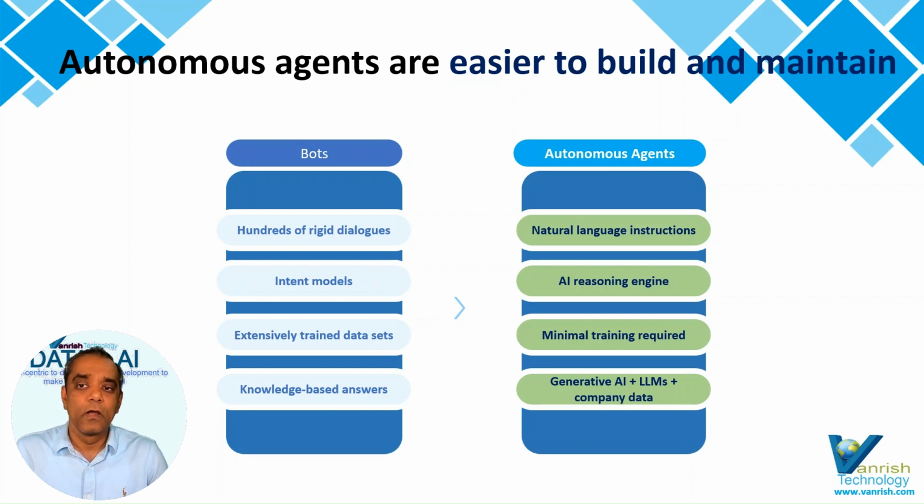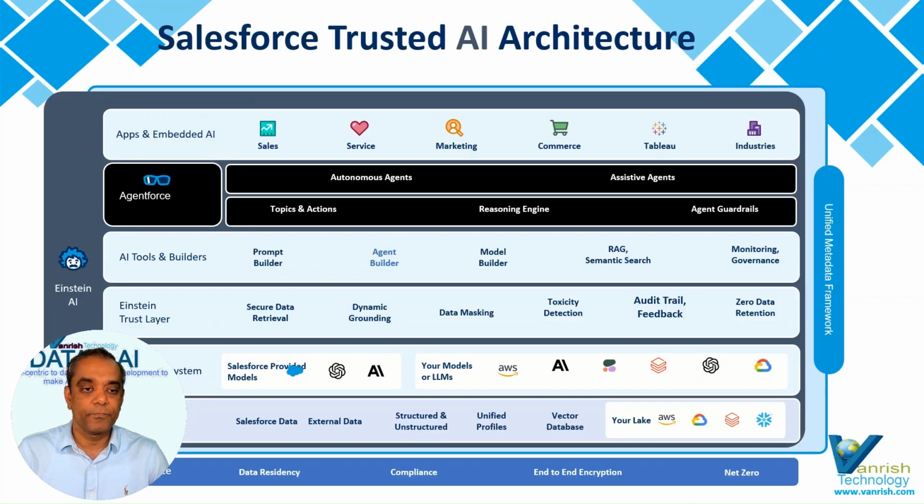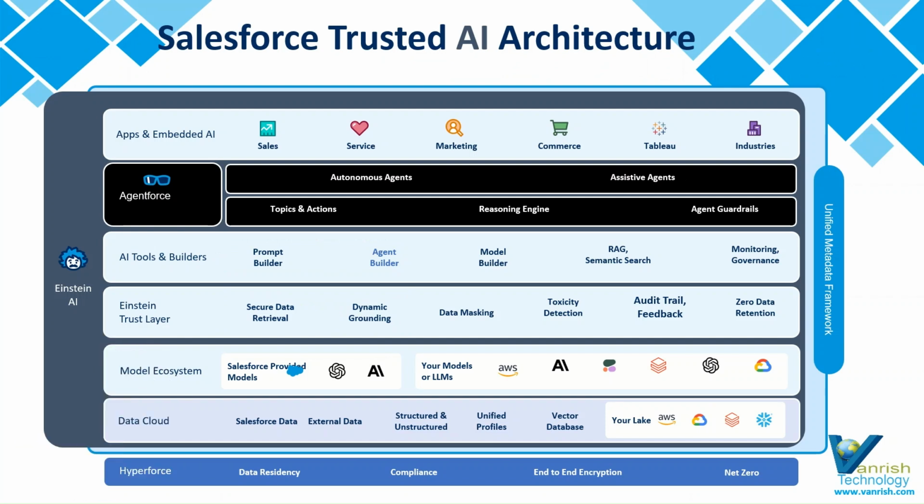Let's look at the AI architecture on the Salesforce side, and take a little deeper dive into the autonomous agent behind the scenes. Here I share the Salesforce Trusted AI architecture. It covers Agentforce as well as all the stacks working together with Salesforce and enabling your Agentforce across the platform. A core pillar here is the Einstein Trust Layer. Let's look at its properties.